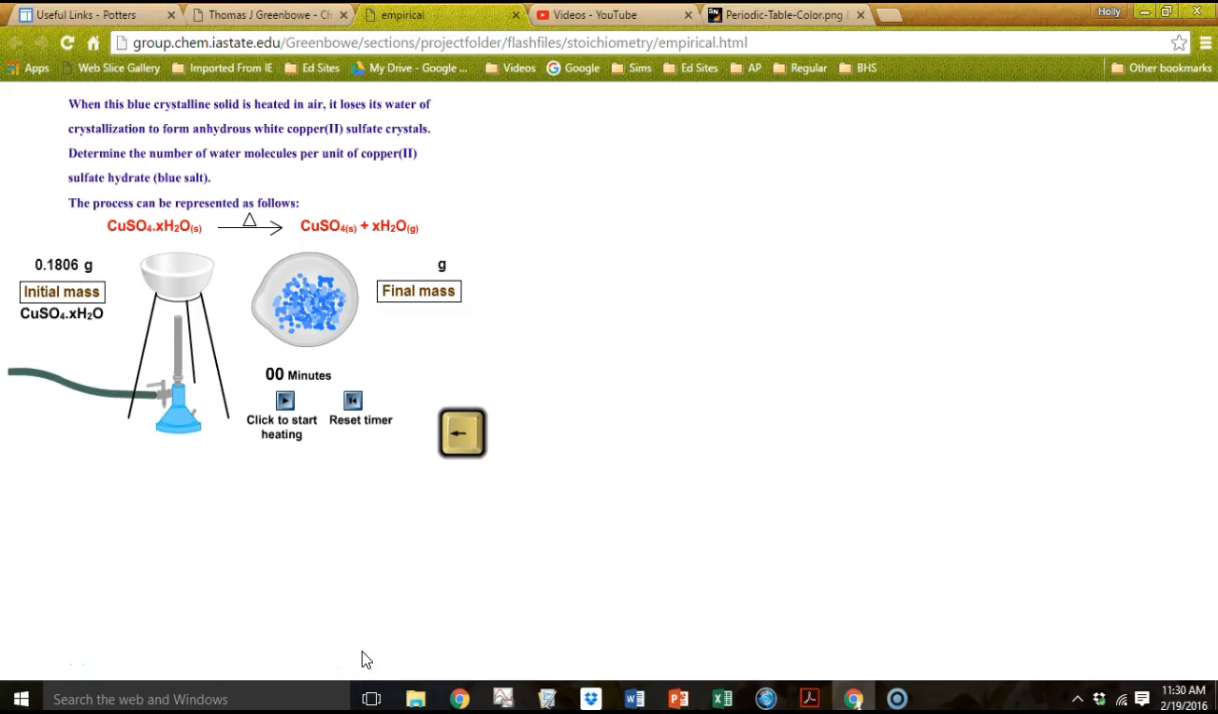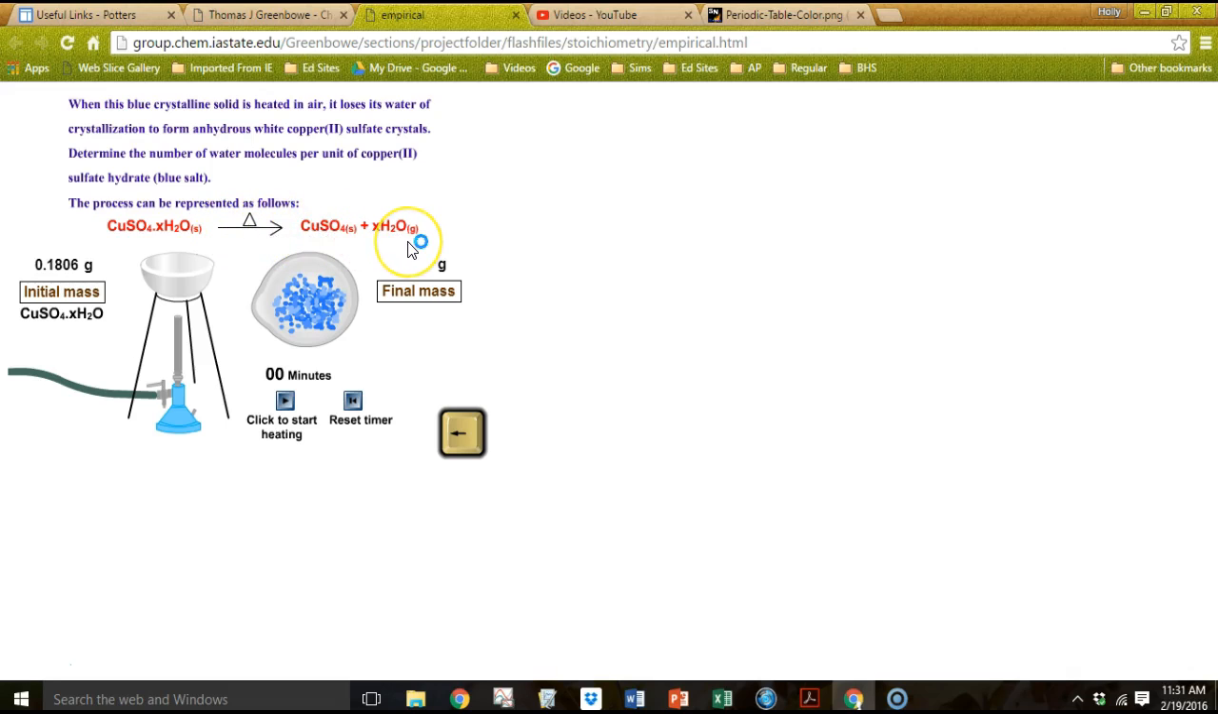Today we're going to be looking at this simulation for calculating the empirical formula of a hydrate and the percent composition of water in the hydrate. The typical formula for a hydrate, if you remember, is like an ionic compound formula, and then there's a dot, and then there's some number, and then H2O. That means there's some number of water molecules locked in per formula unit into the crystal of the ionic compound, and by heating, which is what this triangle over the arrow means, the water is